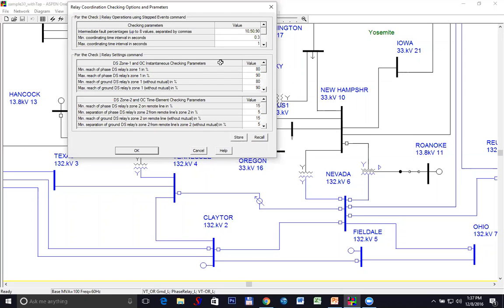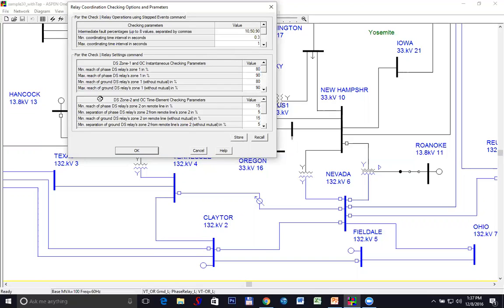Well, that's because for the ground relays, we have one set of limits for lines that are mutually coupled, and a second set of limits when the line is not mutually coupled. And so there are a lot of different options. Also, there's one set for distance relay and one set for overcurrent relays.